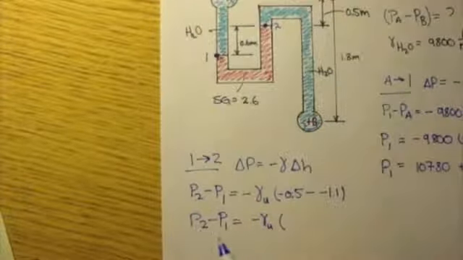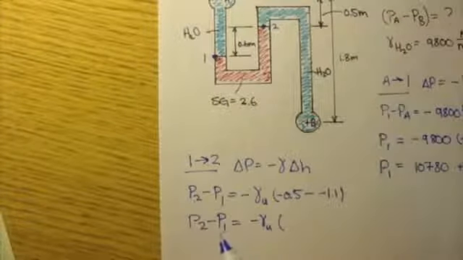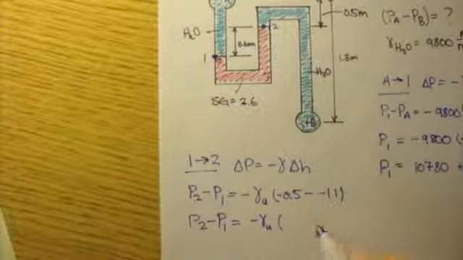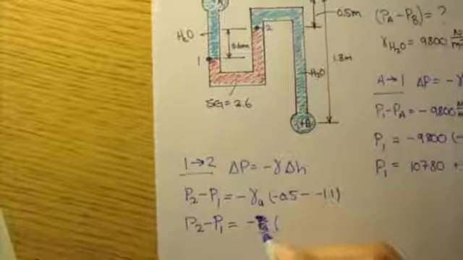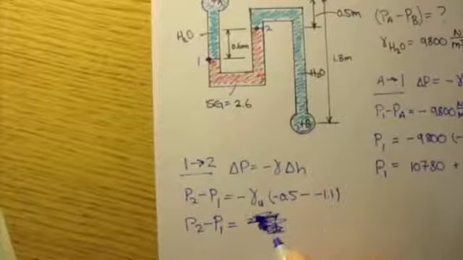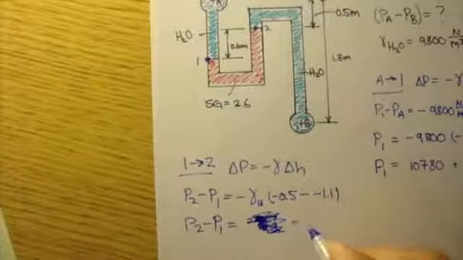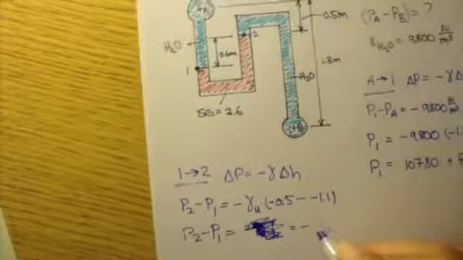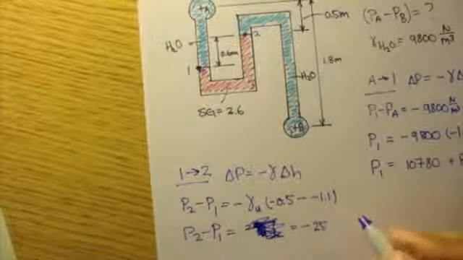Pressure at 2 minus pressure at 1 is equal to,